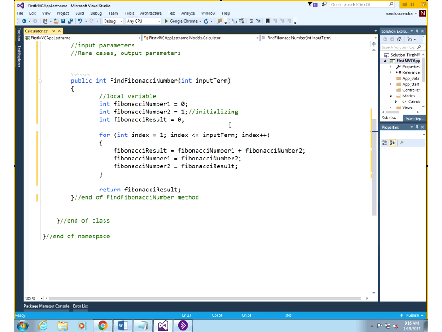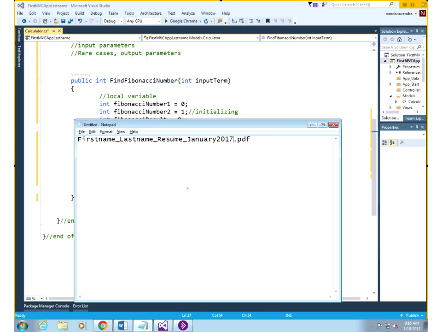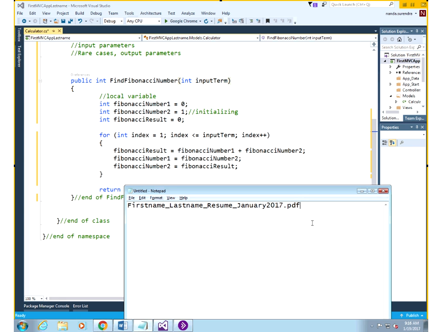So if the input term is 3, what happens? Then it will go through the for loop, and it'll start by adding 0 and 1 together, and then after that, Fibonacci 1 would get 1 from Fibonacci 2, and then so let's see,